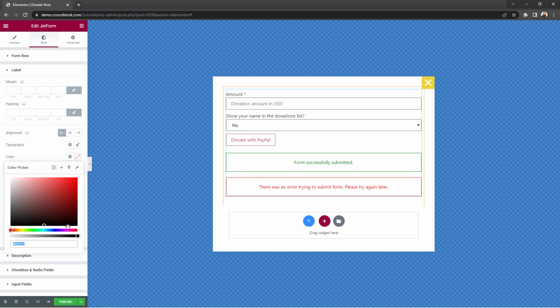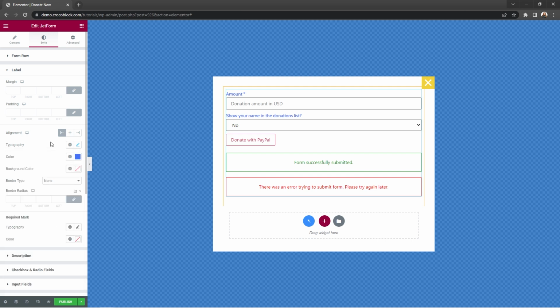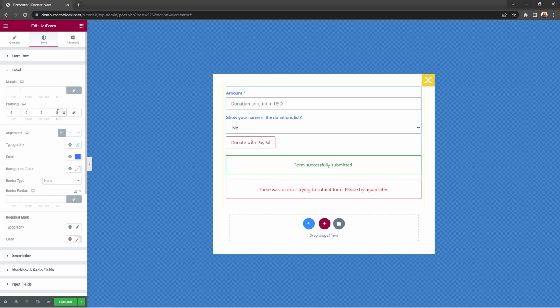So, label color, blue, typography Cabin, weight 500, and let's change the padding a little bit here too. So for example, let's make it 6 pixels at the top, 3 pixels at the bottom, and 23 pixels on